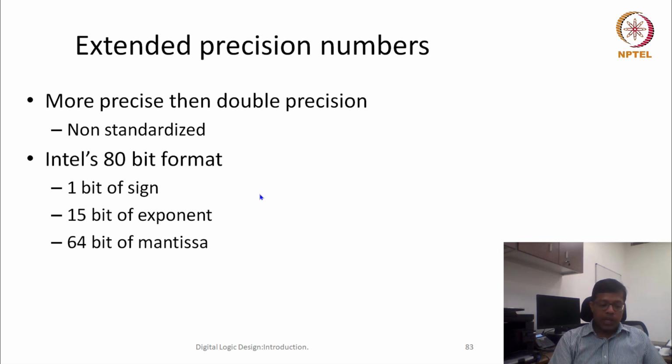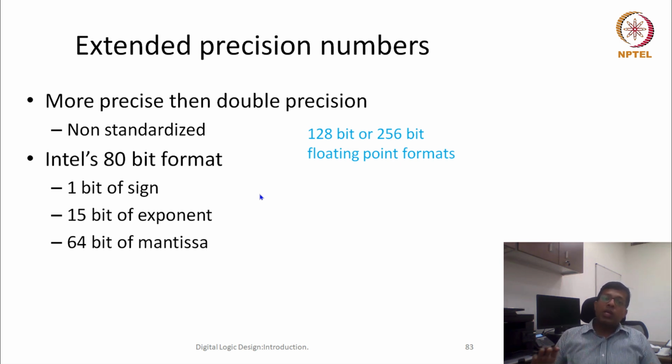Then slowly IEEE gave more standardization, or some people started using more bits. For example, there are 128-bit representations of floating point numbers, or 256-bit floating point representations. All of these could be custom made for a custom requirement. If we need to represent a larger number or a more precise number, we can increase the number of mantissa bits or exponent bits accordingly. They would be required for very specific applications. These applications could be space, nuclear, or any scientific application.